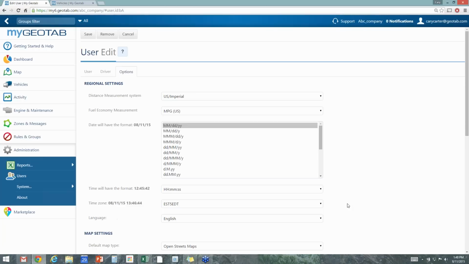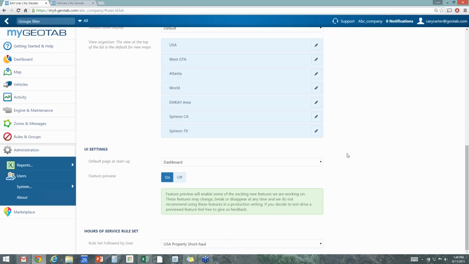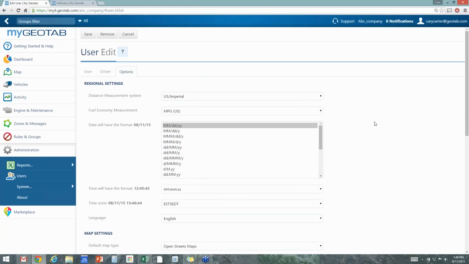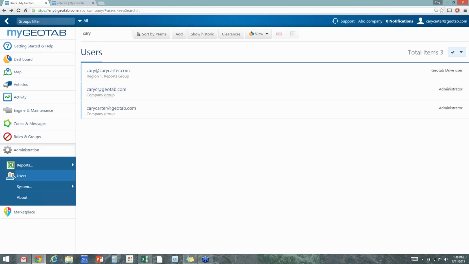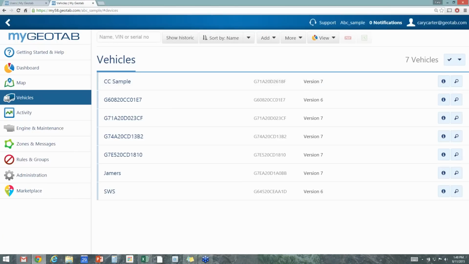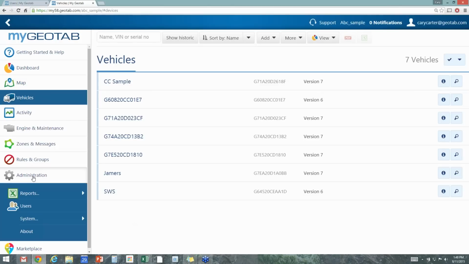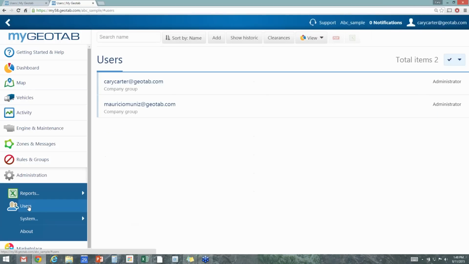And then our default setup page, and I'm going to take you through and create a new user so that you can actually see it right inside your new database. All right, so I'm just going to save this. These are the changes I've made for myself. I'm going to flip over to the other database here, and you can see these ones right here. And if I go inside administration, I select users, and I'm going to create a new user, and that is right here. I'm going to select add,